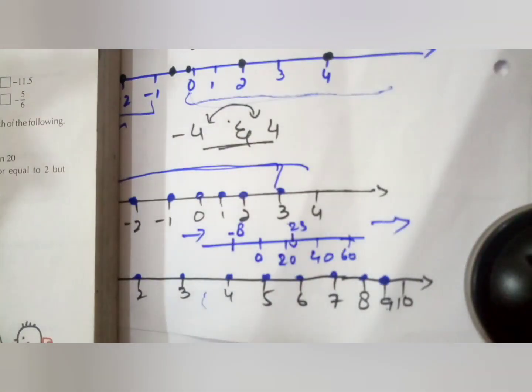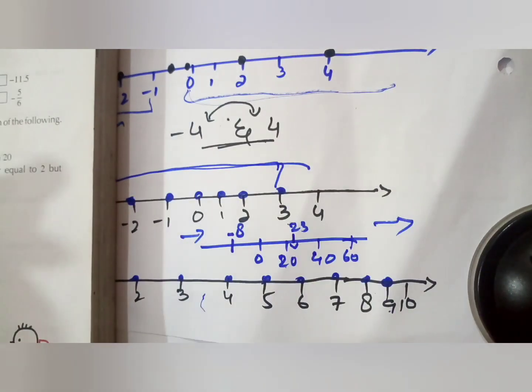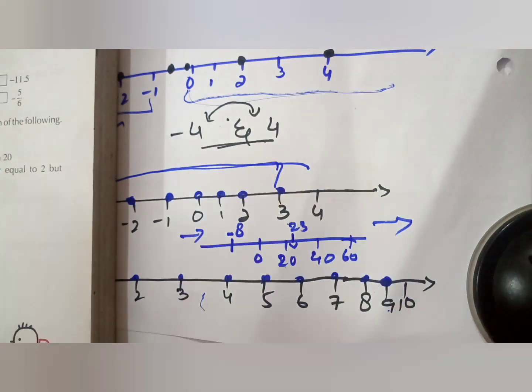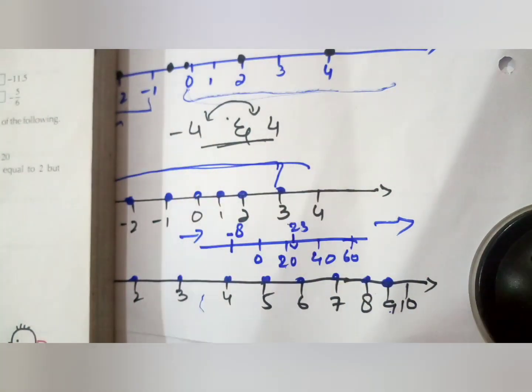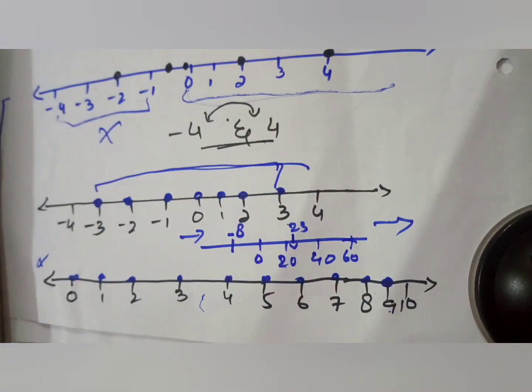So that is all about your question number 5, and I didn't solve question number 5 because after watching the practice of all the questions, now you should be capable, you should try it on your own. Because if we do all the questions, how can you judge yourself, how many questions you can solve on your own? So question number 5 is your assignment. You have to do your question number 5 by yourself.